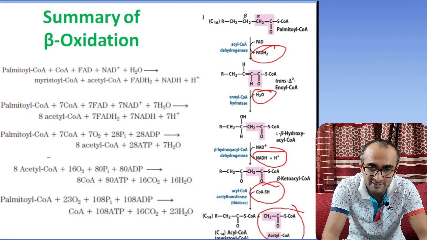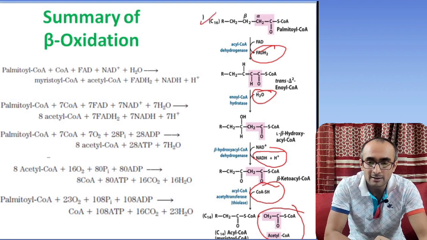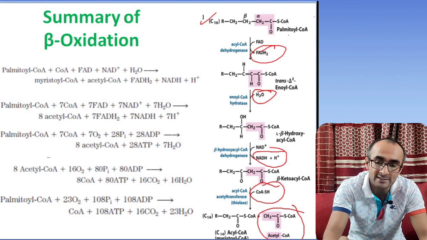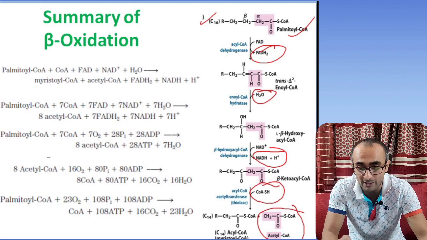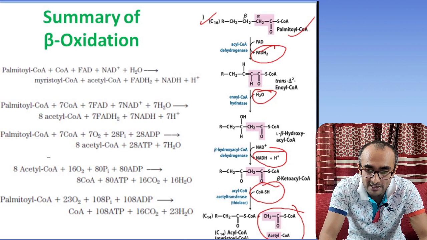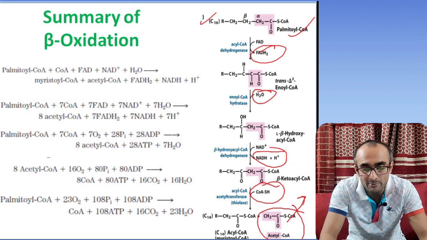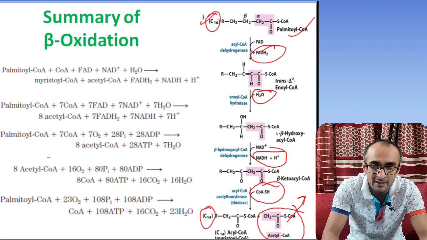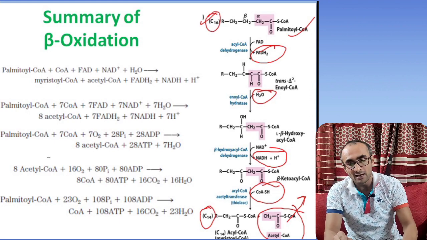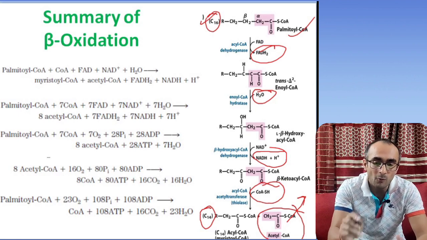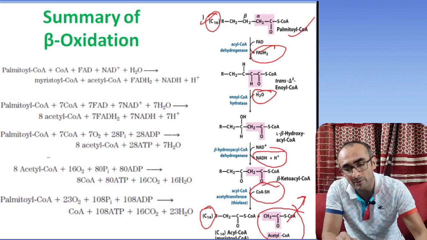लेकिन जो बचा हुआ है, for example if you started from a 16 carbon fatty acid called palmitic acid, palmitate. So you started with palmitoyl coenzyme A which has 16 carbons in total, and after the first cycle of beta oxidation 2 कार्बन एसिटाइल कोएंजाइम के फॉर्म में रिलीज हो जाएंगे, and what remains will be myristoyl coenzyme A, myristoyl which has 14 carbons. So this is C14. So C16 is converted into C14 in one cycle. अब this C14 will again enter into the beta oxidation cycle,